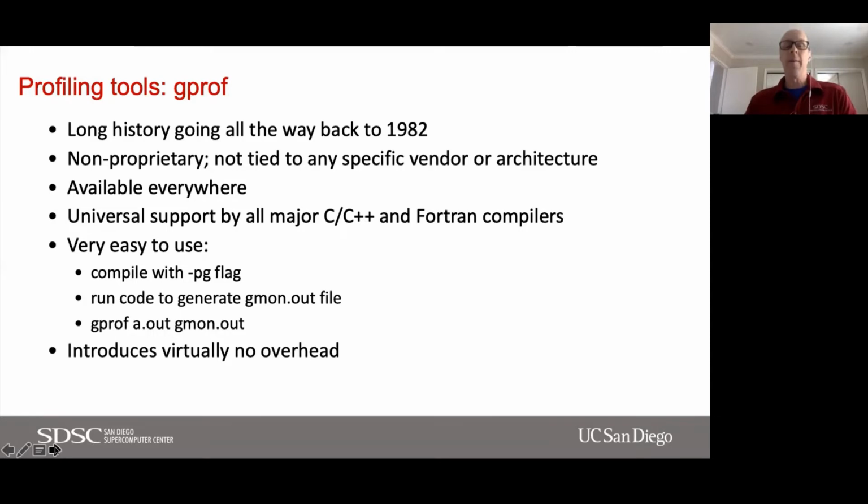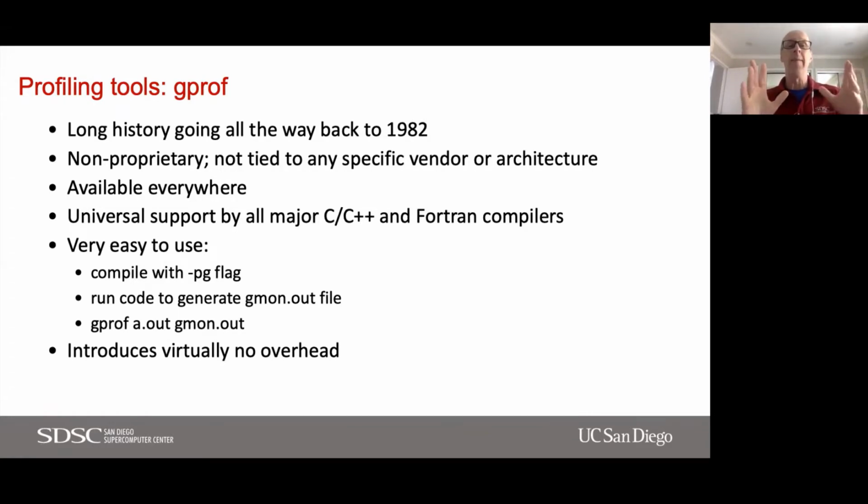I'm going to be talking about two tools today. One of them is gprof, which is open source and widely supported. You could use it anywhere. The other one is uprof, which is specific to AMD hardware, and you can use it on Expanse, which is an AMD-based system. But we're going to start with gprof.